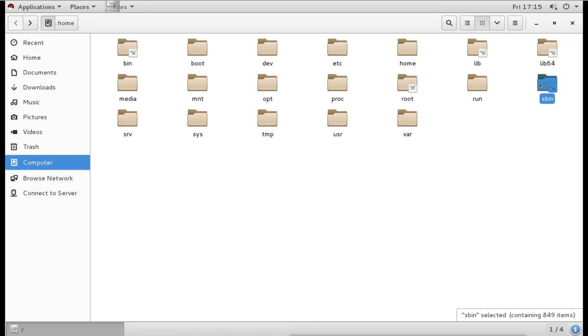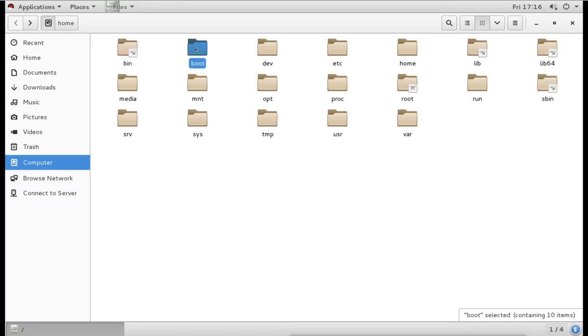So the commands from this directory are only for the administrator, and the commands for everyone are stored in the bin directory. Both directories have command files, but the command files that can be executed by everyone are stored in bin, and the commands which can only be executed by the super user are stored in this sbin directory.